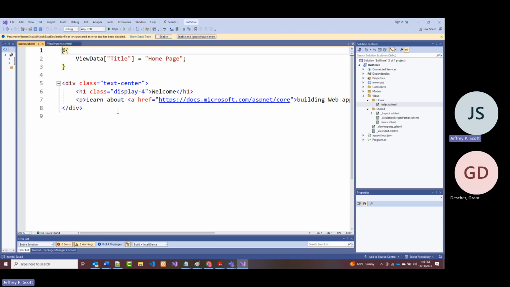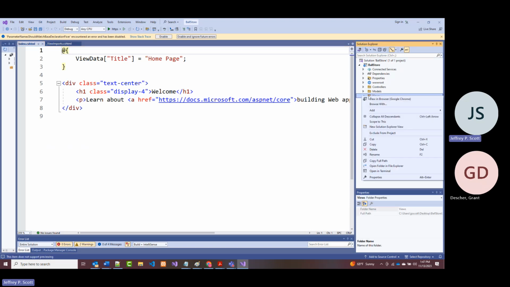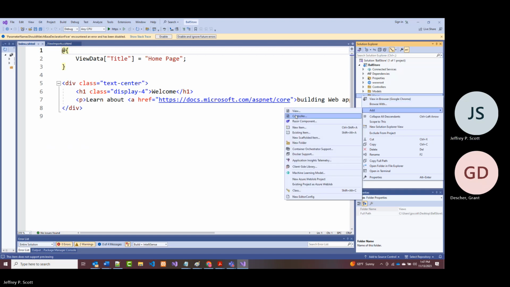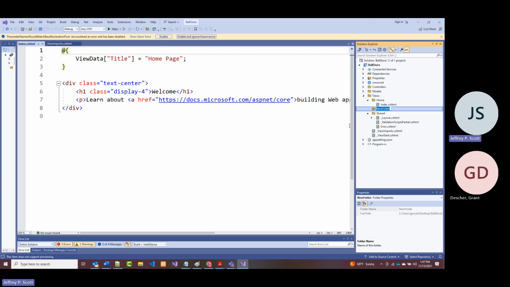Okay. So next, I guess the next thing to do would be to add a ball folder. So under views, I'm going to add a ball folder. Remember, we want it singular, ball, and we're going to have two files underneath there. And you should already know what these are because we just looked at them. And that is, we should have a list and we should have a details. The list to list everything. And the details